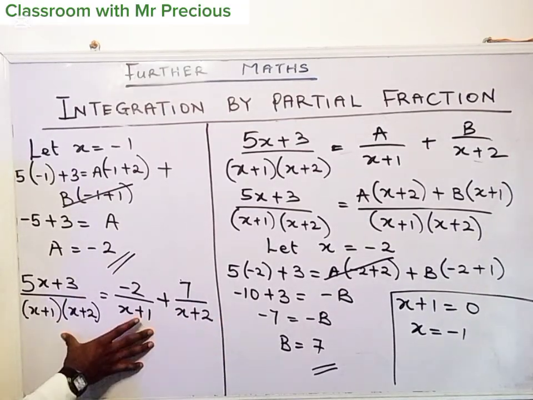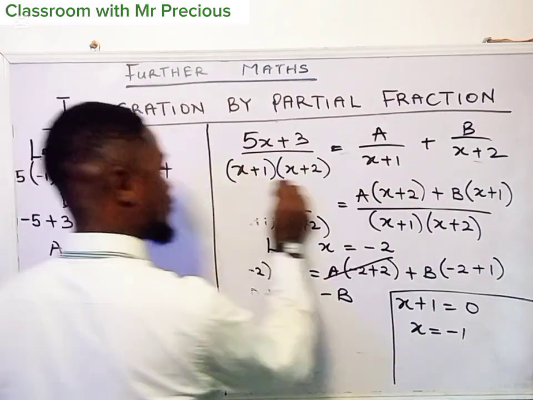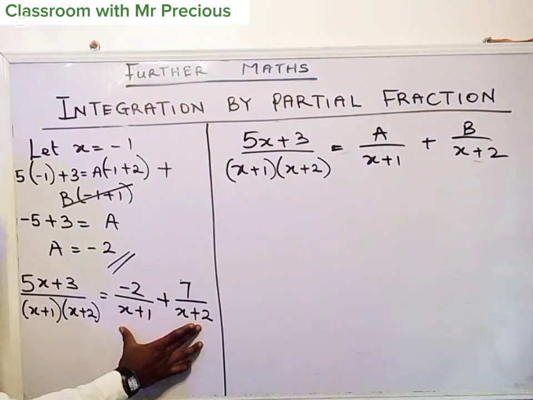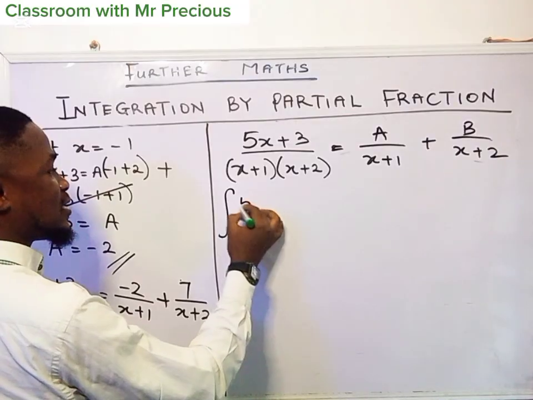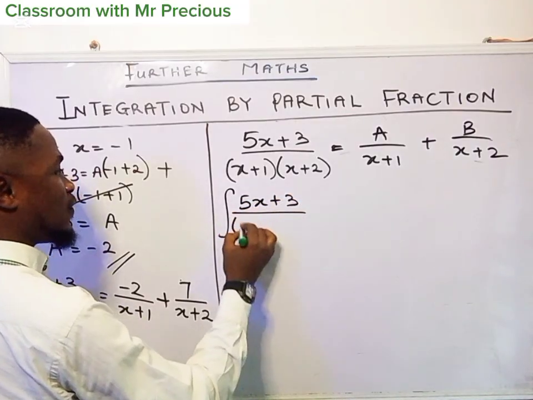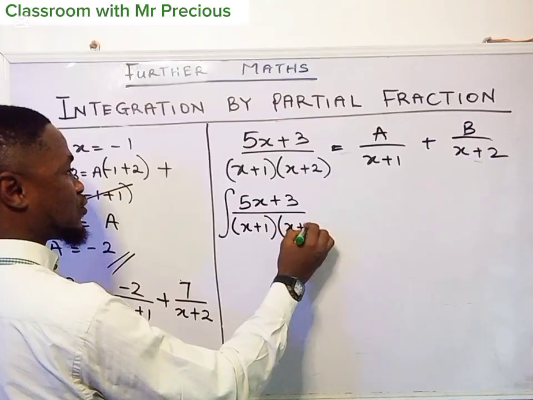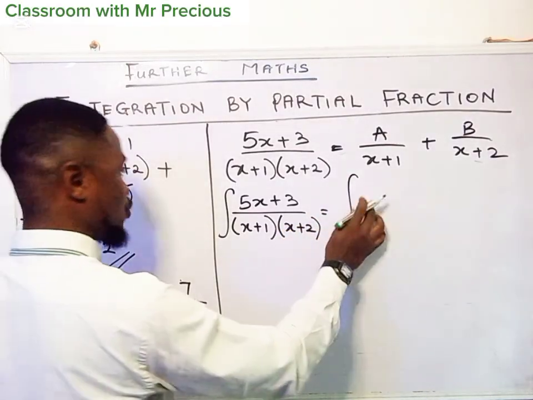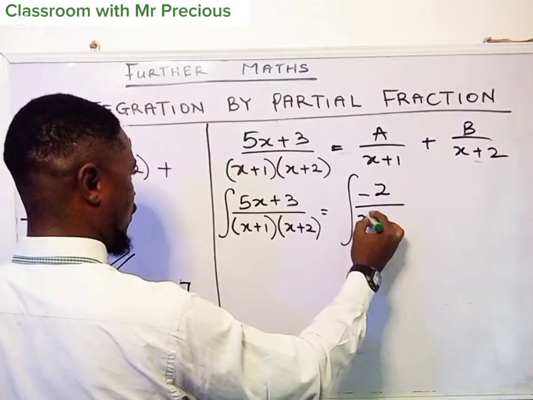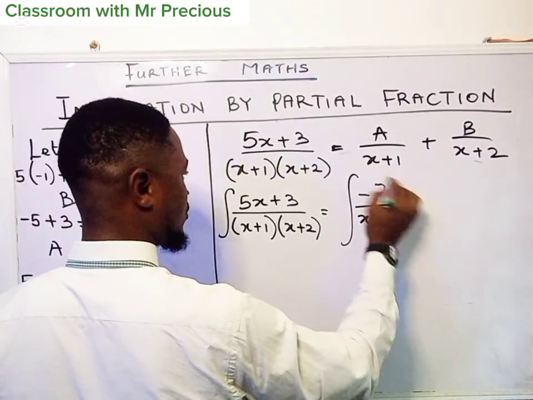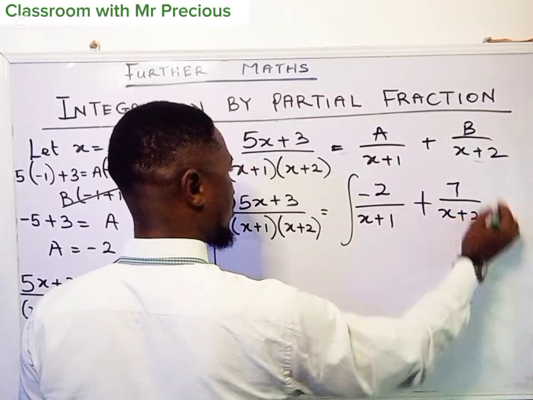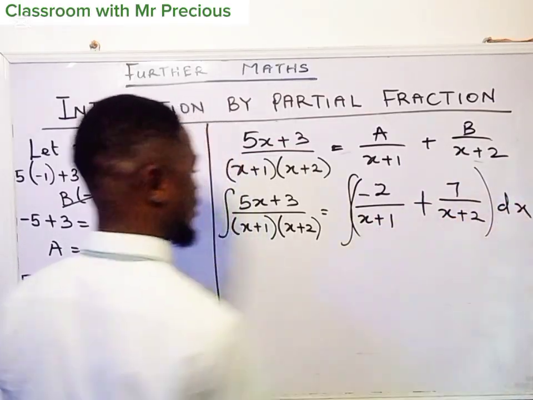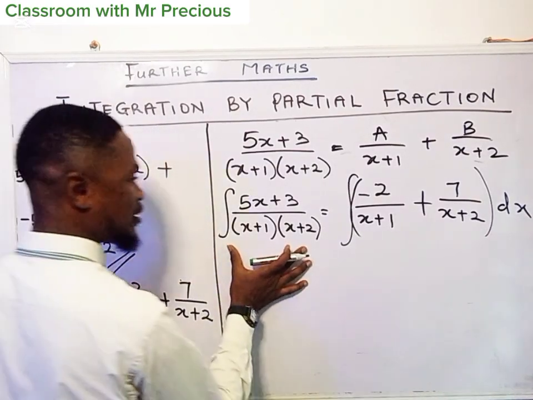Now let me show you how to use this to integrate. After you have gotten your partial fractions, two or more depending on the question, and you are asked to integrate 5x plus 3 all over x plus 1 times x plus 2, I was able to change it to minus 2 all over x plus 1 plus 7 all over x plus 2. All of them is with respect to x. Okay, so if you are integrating and not differentiating,